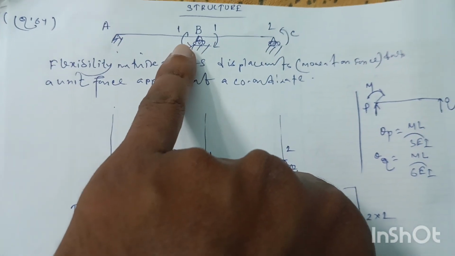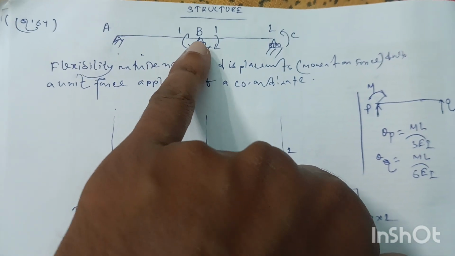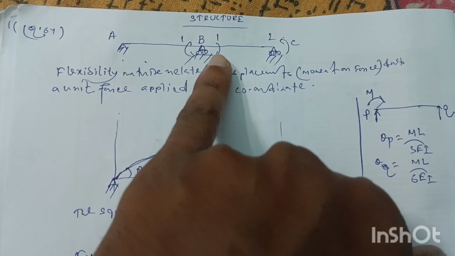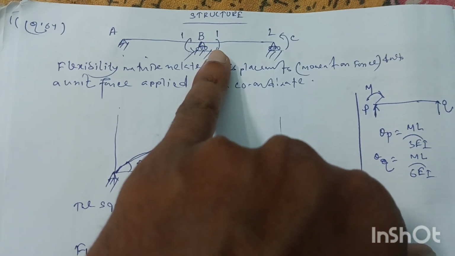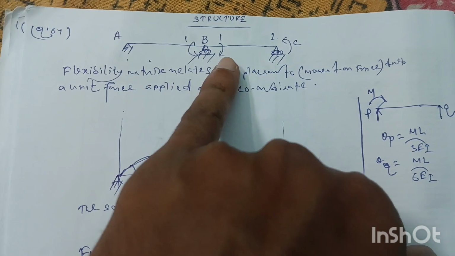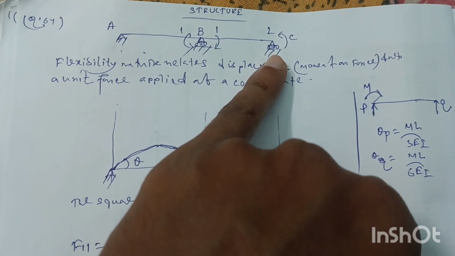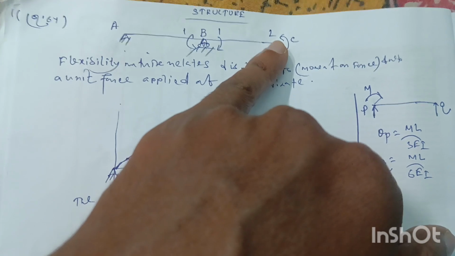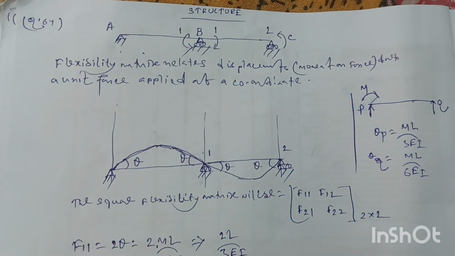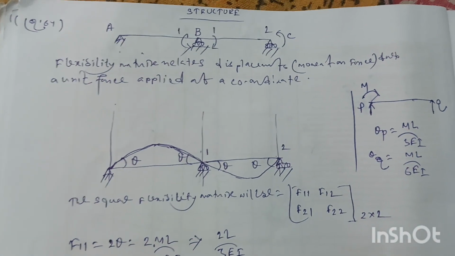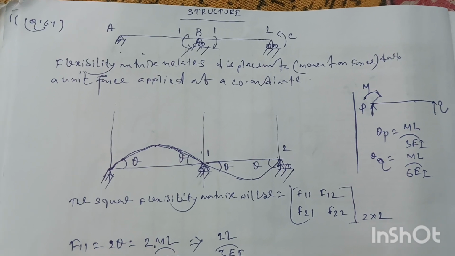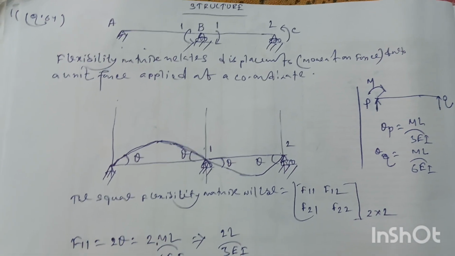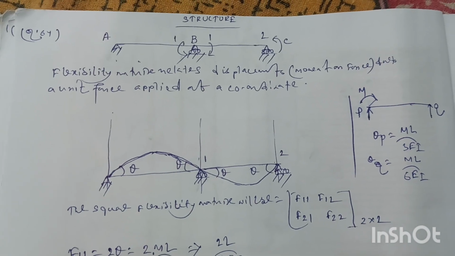Support B is regarded as coordinate 1 and support C is regarded as coordinate 2, and at support B moments are applied at both ends, and at support C a moment is applied from one end, in anti-clockwise direction. The flexibility matrix relates the displacement, that is moment or force, due to a unit force applied at a coordinate. But in simple language I will tell you,